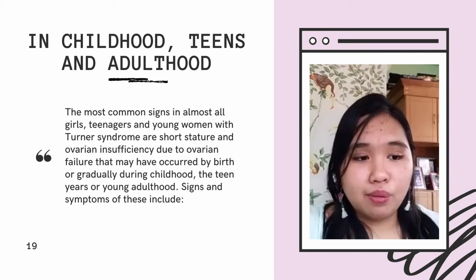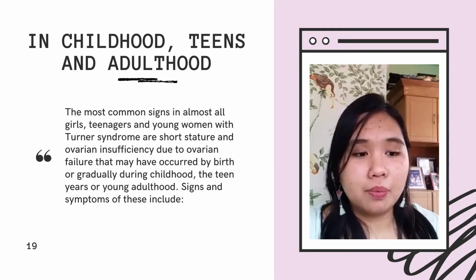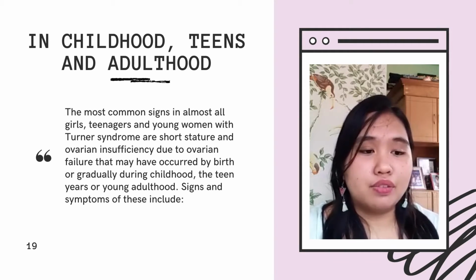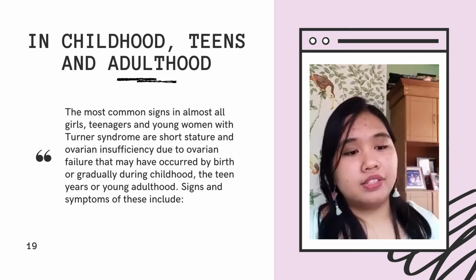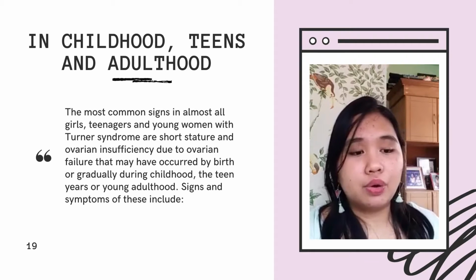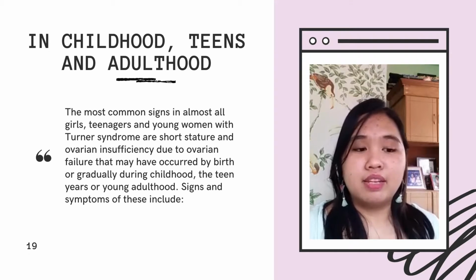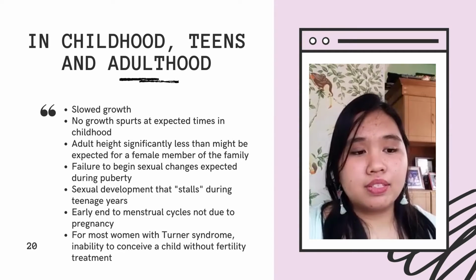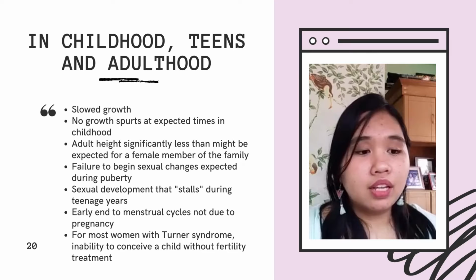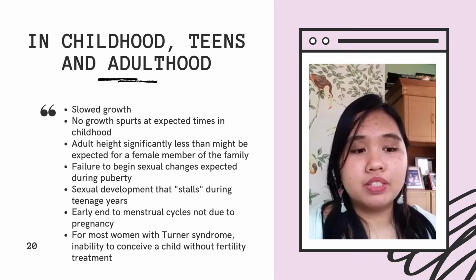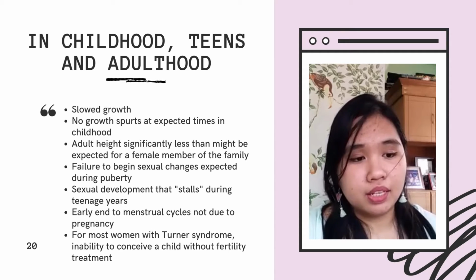The most common signs in almost all girls, teenagers, and young women with Turner syndrome are short stature and ovarian insufficiency due to ovarian failure that may have occurred by birth or gradually during childhood, the teen years, or young adulthood. Signs and symptoms of these include slowed growth, no growth spurts at expected times in childhood, adult height significantly less than might be expected for a female member of the family, failure to begin sexual changes expected during puberty,